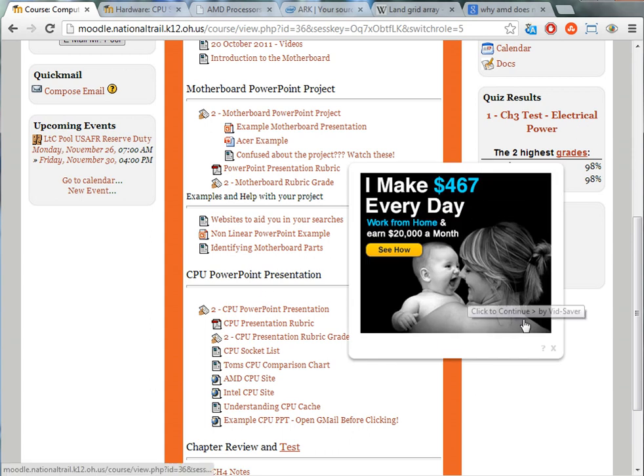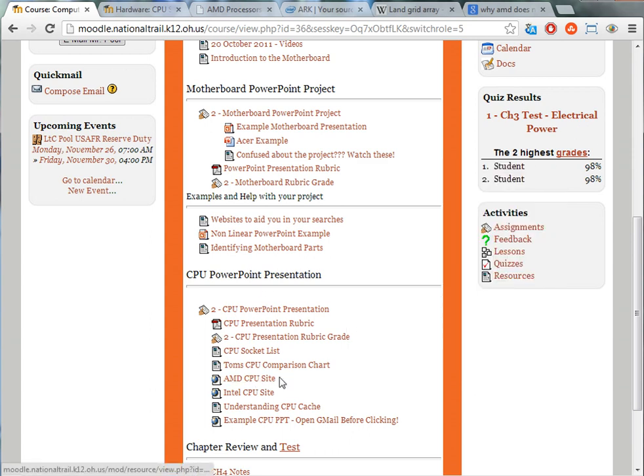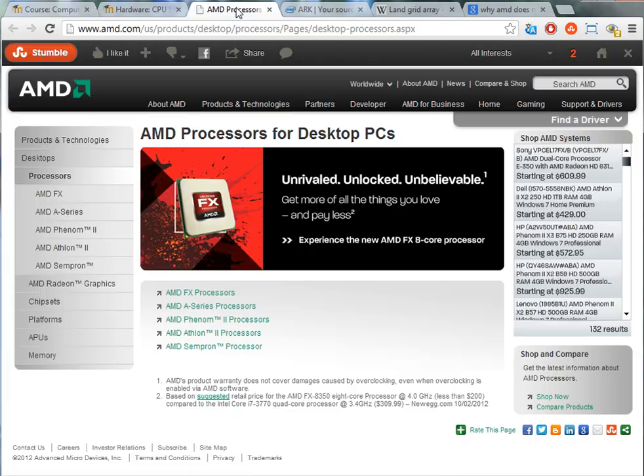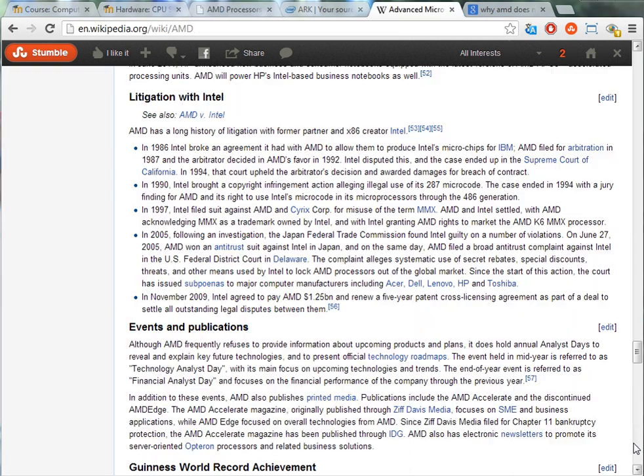The link's right here. The link right here that you see that goes to the AMD and the Intel sites takes you directly to their site where you can do research on your particular processor maker. I also wanted to point out this, and this is off of the